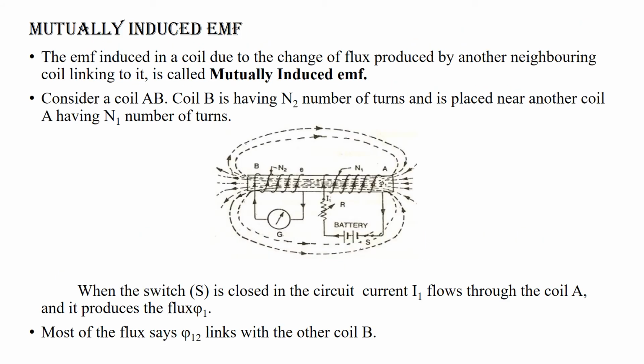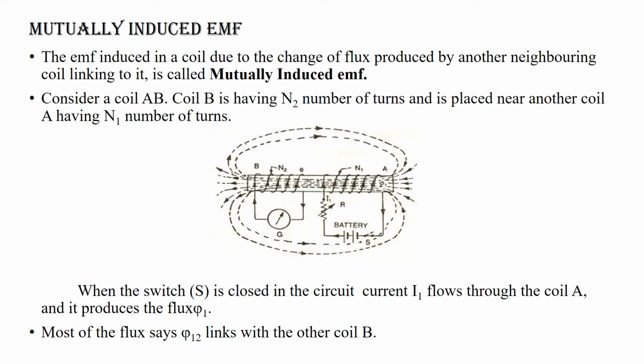Now coming to the mutually induced EMF, if you take two coils, A and B, coil A has n1 number of turns, and coil B has n2 number of turns. The coil B is connected across the galvanometer and the coil A is connected to the battery source and a resistance. Now if the current is flowing through the coil,